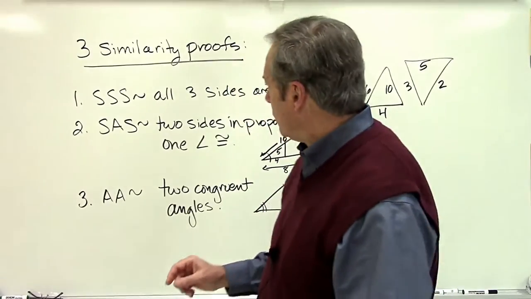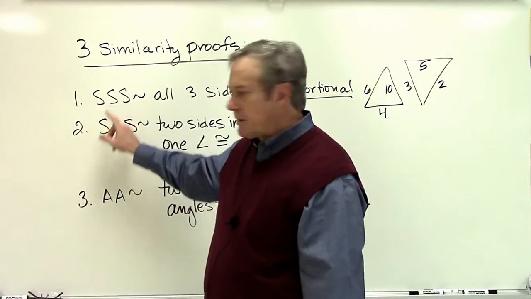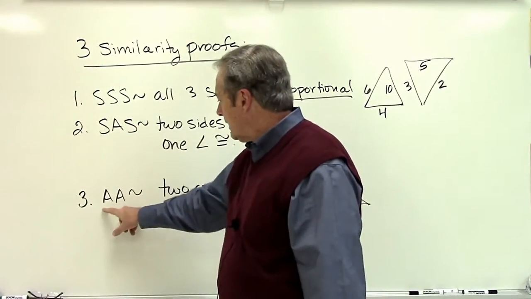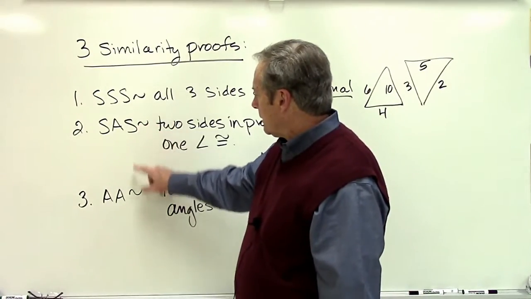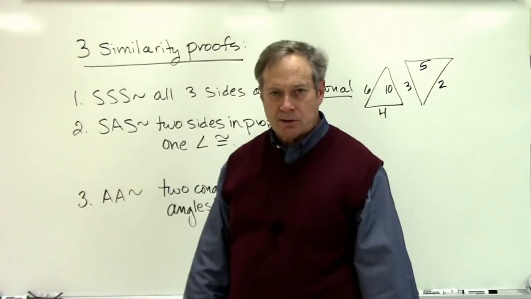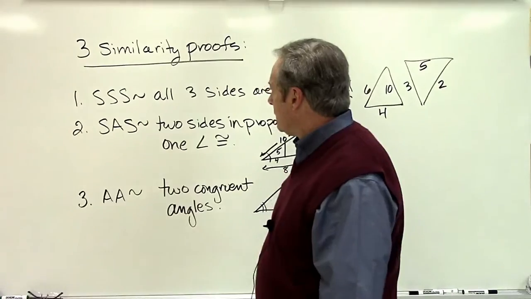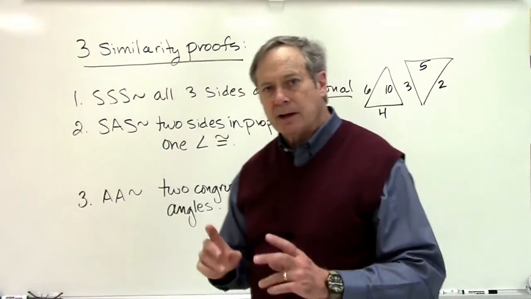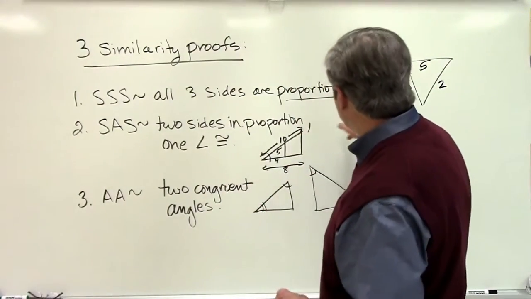And over here on the board, the 3 ways are side, side, side similarity, side, angle, side similarity, and angle, angle similarity. And notice the little curvy thing. That's the similarity symbol. It's different from the congruent because the congruent had an equal sign under it. Now, side, side, side doesn't mean all sides are the same length, but they are all in proportion to each other. So, for instance, over here,